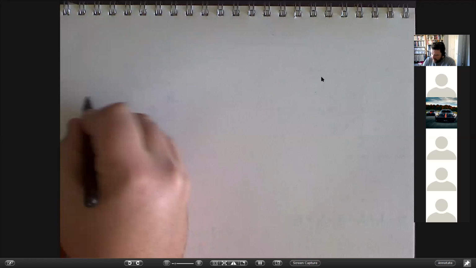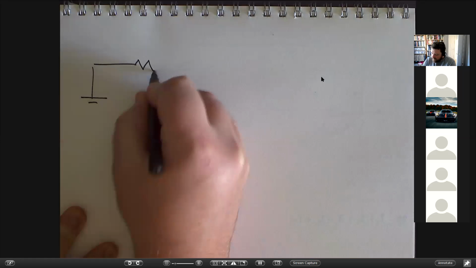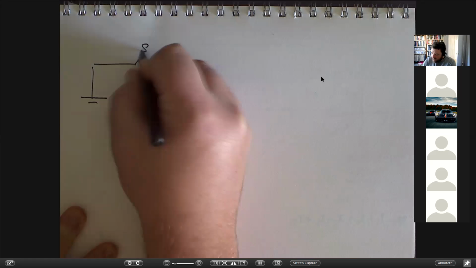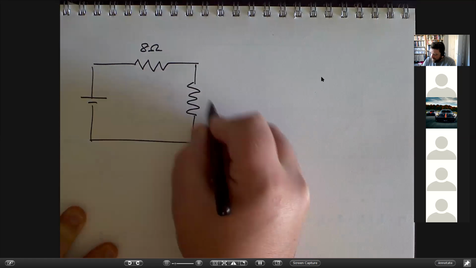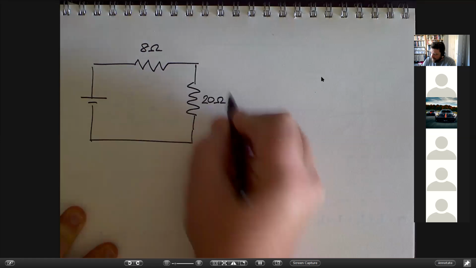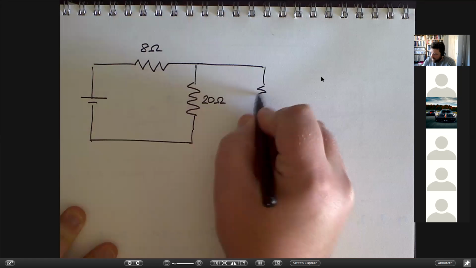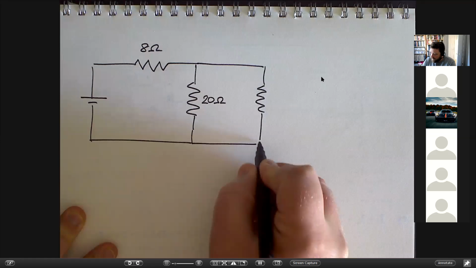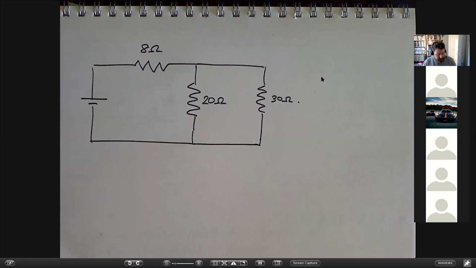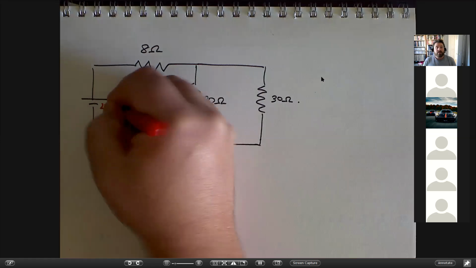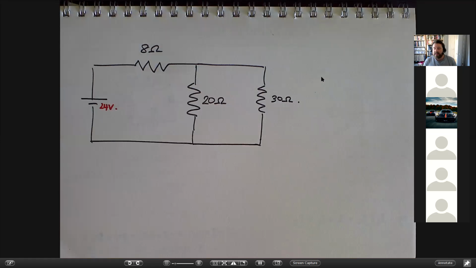Okay. So let's suppose we start with a circuit like this. 8 ohms there. So we've got 20, 30, and 8 ohms there, and I'm going to put 24 volts on this. Okay, so we need to look for